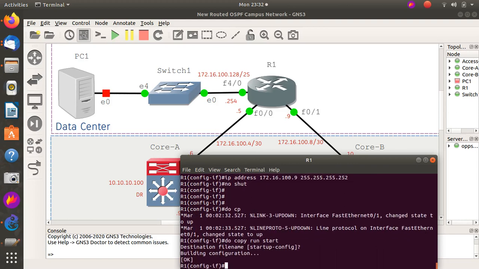So I've just saved the config on there, but what I need to do whilst I have a chance is